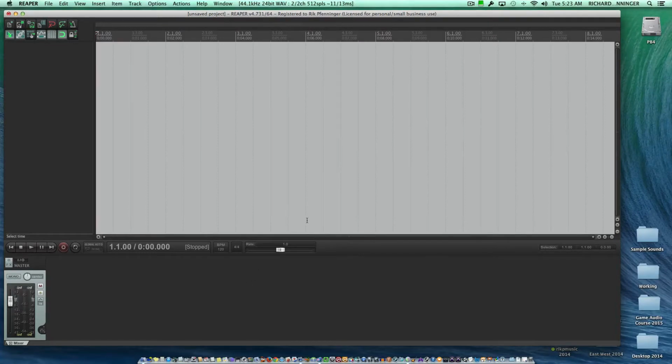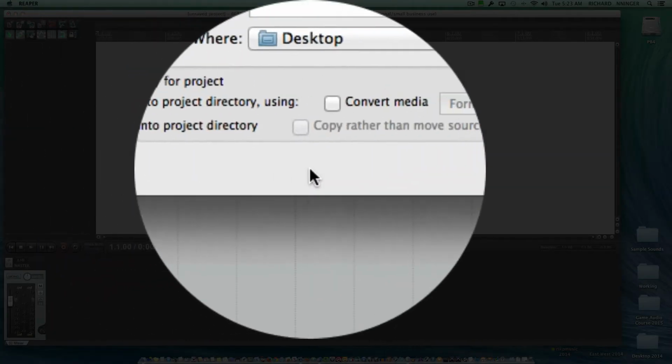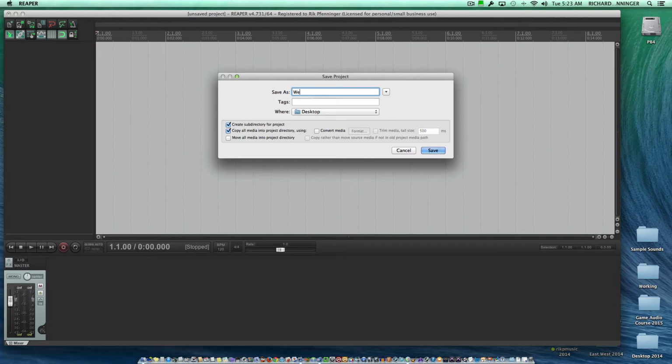All right, this will be our walkthrough for week 8. So you can see I've launched Reaper. First thing I want to do is save the file. In this case, I can go to the File pull-down menu, go to Save Project, or you can press Command S on Mac. And I'm going to call this Week 8